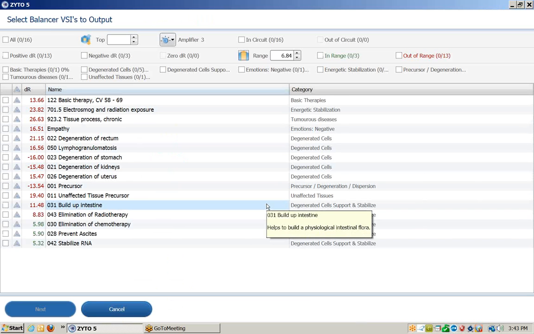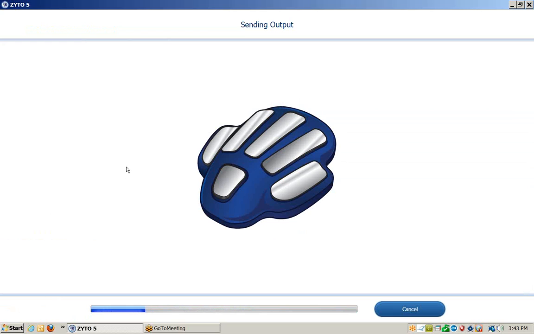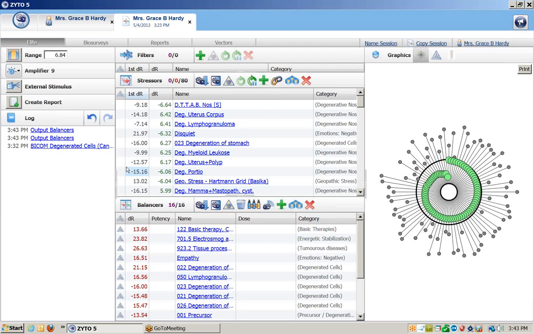do the same thing. Remember, the next set is just the unaffected tissues, so we would select the unaffected tissue, and you can see that by the category here, and click Next. And it will emit that frequency only. So you would just take out the previous beaker of water, discard it, rinse the cup, put more water in, charge it, and use that in the BICOM therapy. And then step 3,